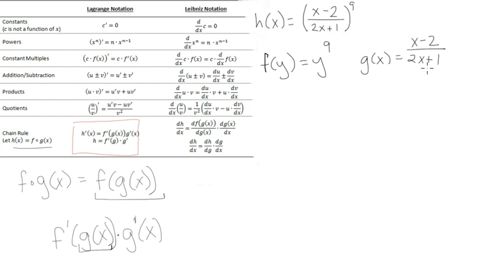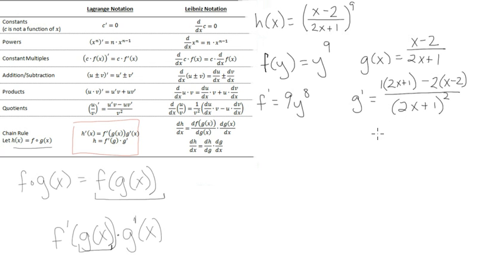And I can stop there because I recognize this is a quotient, and I can use the quotient rule if I want to. So I'll take the derivative of f with respect to y, which is equal to 9y to the 8th. And the derivative of g with respect to x is going to be equal to, I'm looking over at the quotient rule, I take the derivative of the numerator, I get 1 times the denominator unchanged, minus the derivative of the denominator, which is 2, times the numerator unchanged, over the denominator